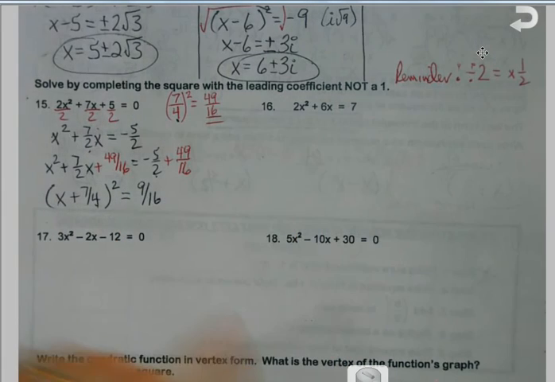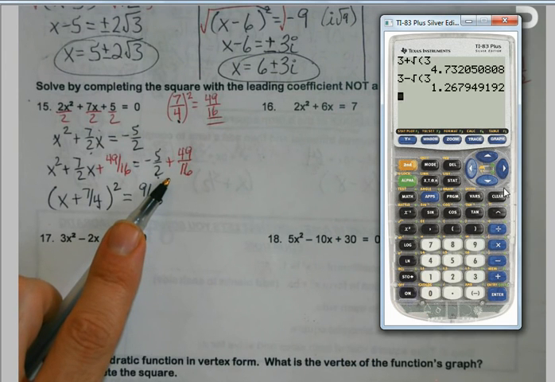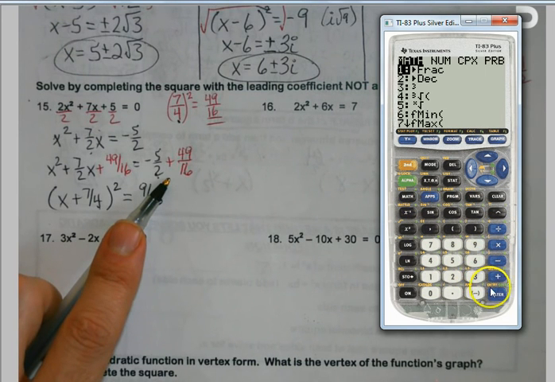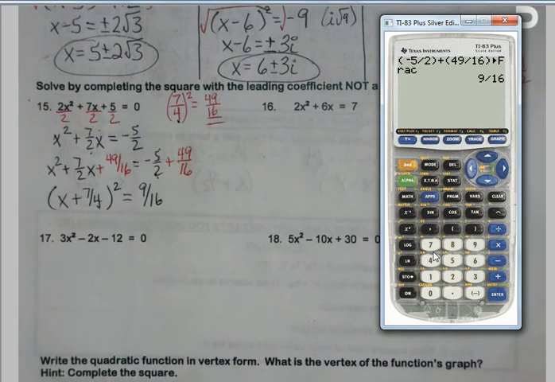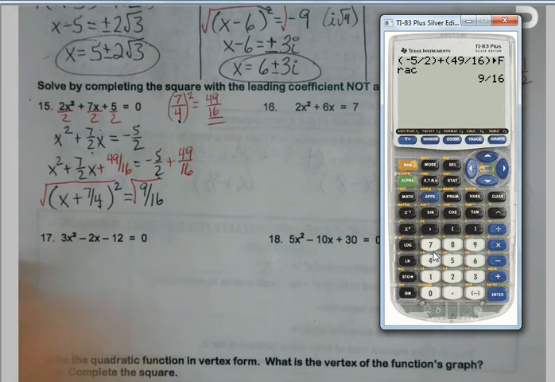Now, if that's not your strength, you always do have the option, if you need to, to go back to the calculator, keep your fractions in parentheses, and just use math enter, okay? And you can always get back to here. But this is the nice thing about leaving it as a fraction and not going to the decimals. When I go to square root it,